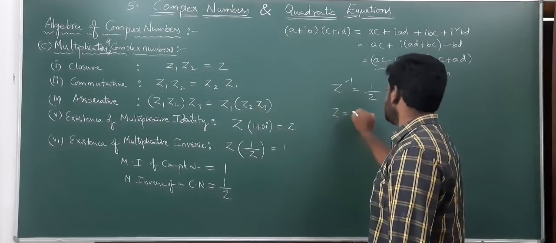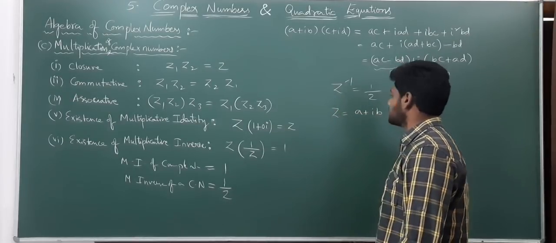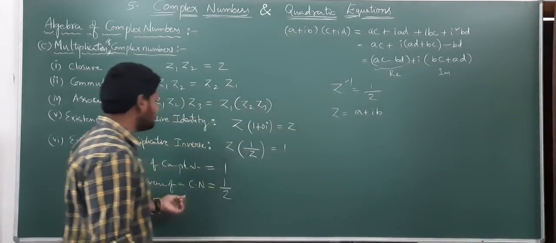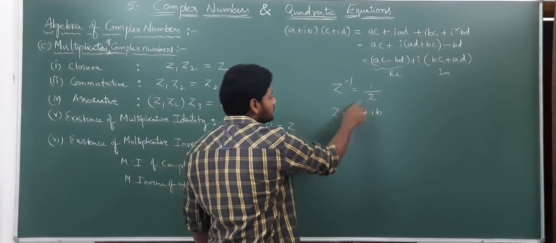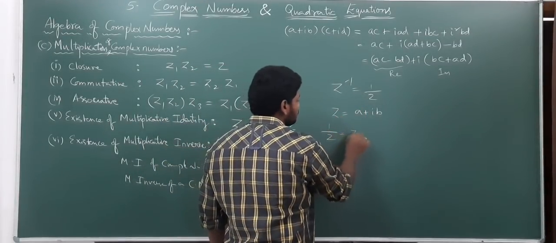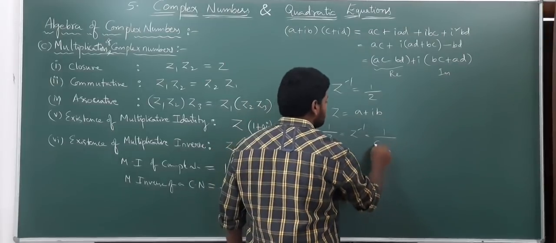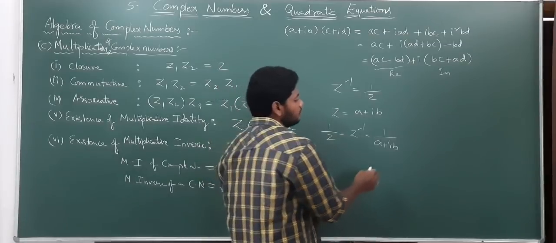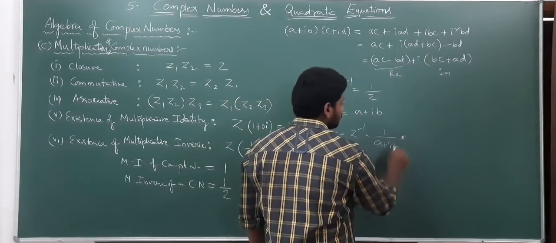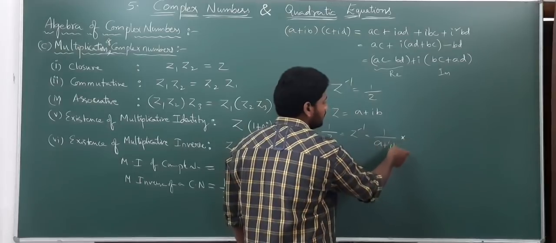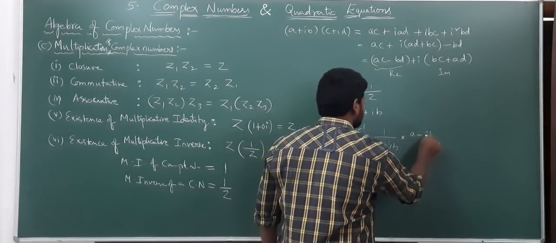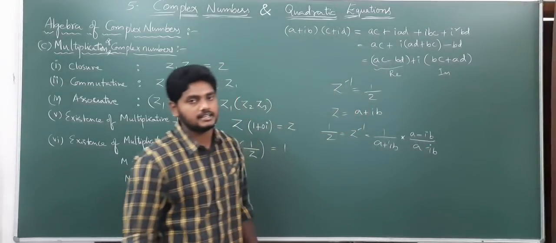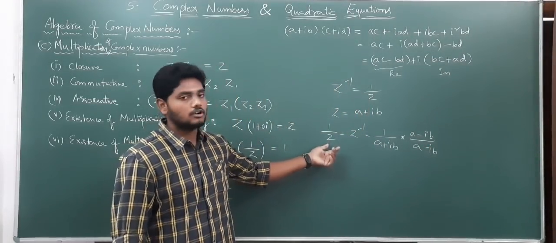See, if z is equal to a plus ib, what is its multiplicative inverse? That multiplicative inverse is 1 by z, which means 1 by a plus ib. If we multiply and divide with a minus ib, which we consider as the conjugate of the given complex number,